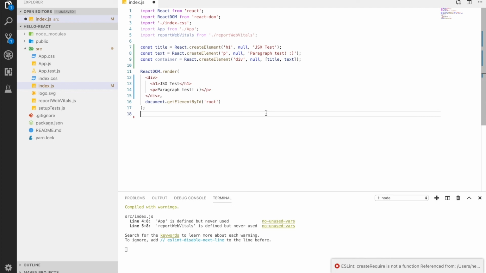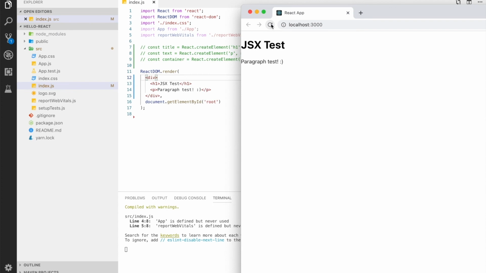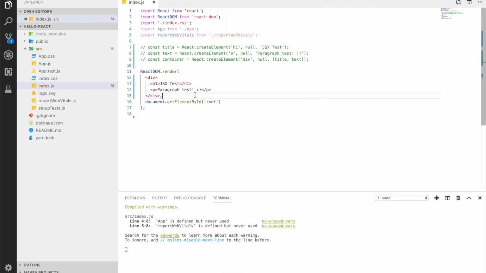And then now if you put it like this, I will comment this out for now since we are not using it, and then I save it. And when I refresh it, it looks exactly the same as what I did with createElement. You can see the same result, but if you look at what is easier in readability or easy to write, you will know it right away. So in the future, when we use React to create these components and create elements, you should be aware that this JSX syntax is absolutely necessary.